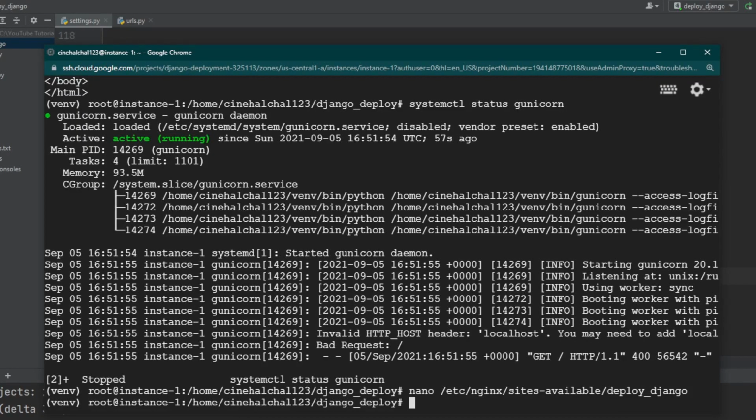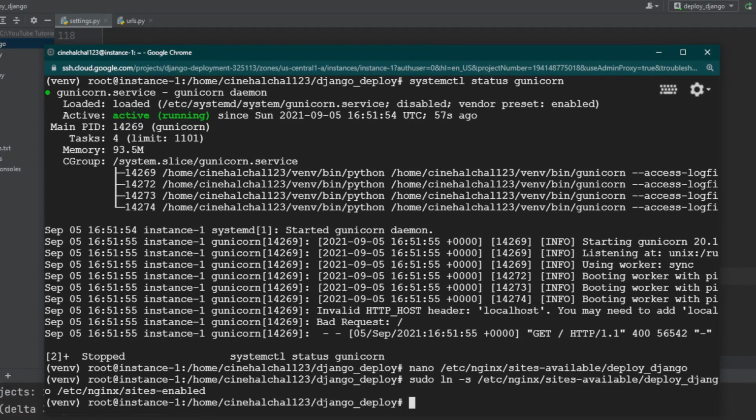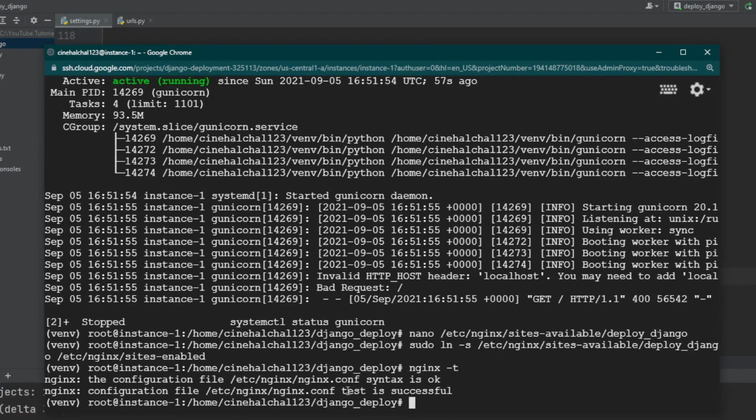Now we can enable the file by linking it to the sites-enabled directory by typing sudo ln -s /etc/nginx/sites-available/deploy_Django, which is the file name which we have created just now, and /etc/nginx/sites-enabled. Now we can test our Nginx configuration file for any syntax errors by typing nginx -t. Yeah, the Nginx configuration syntax is proper, so it is saying syntax is okay and test is successful. As we have no errors, we can go ahead and restart our Nginx server by typing